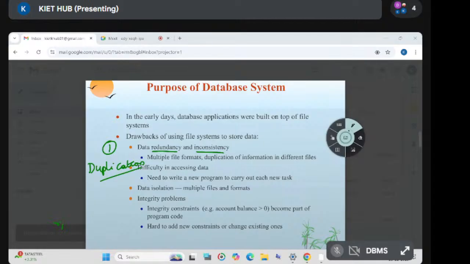Redundancy means duplication of data. Redundancy is nothing but duplication of data. Brackets lo raskondi, running notes raskondi. Repeat with me ma. What is redundancy? Next one, inconsistency. Now look at here, for inconsistency,